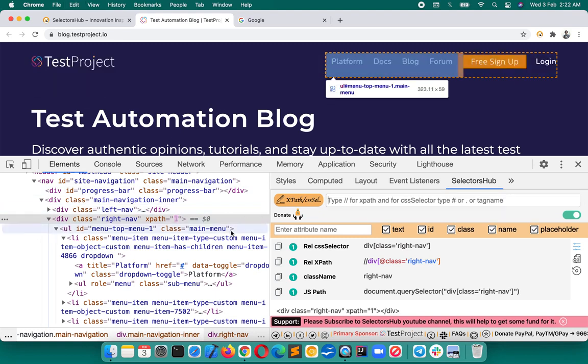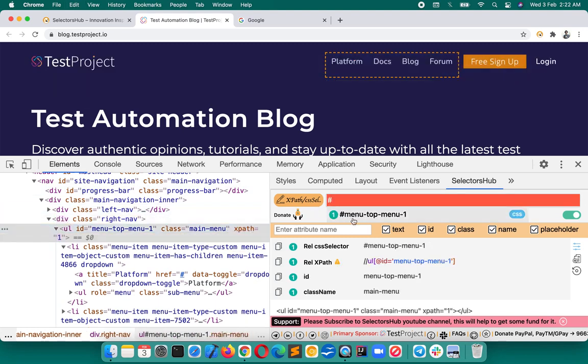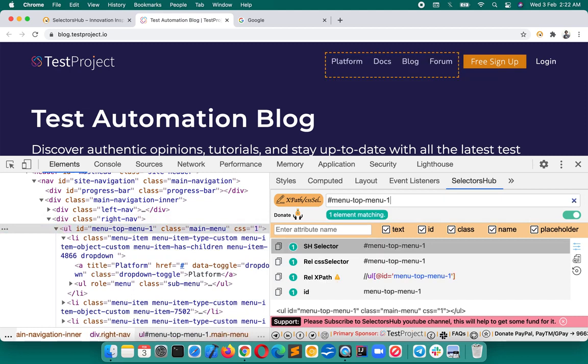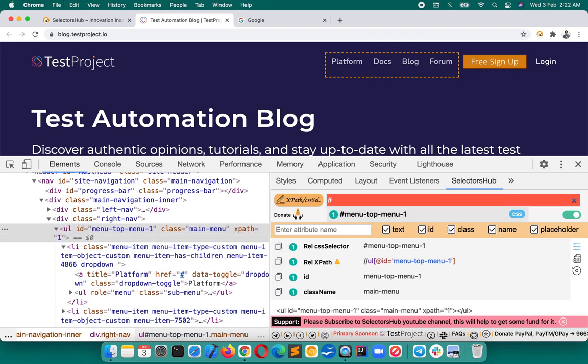If the ID is there, then it will suggest it, so you can select it and press enter. This way you can write the CSS selector by using ID values. You will have to add a hash before the ID value.